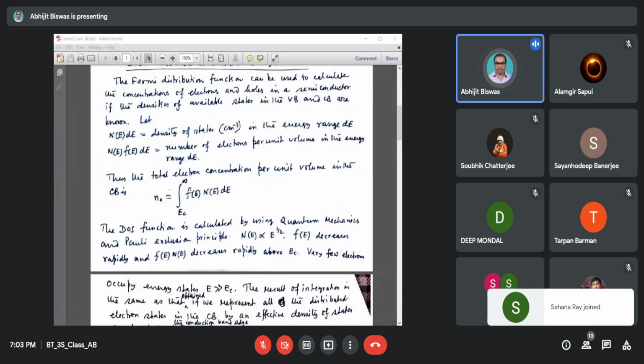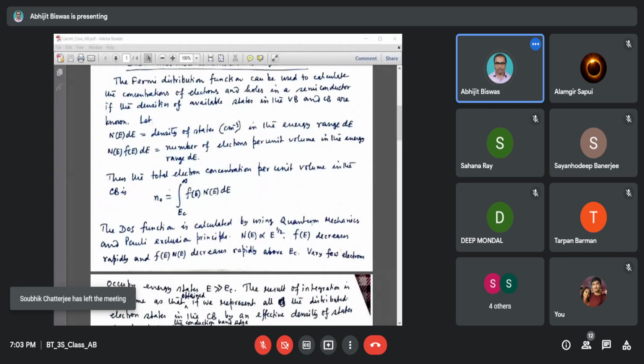So today I shall discuss how to calculate electron and hole concentrations at equilibrium condition. For this we need to know the Fermi-Dirac probability function and density of states function. So the Fermi distribution function can be used to calculate both the electron and hole concentrations in a semiconductor when the semiconductor is in